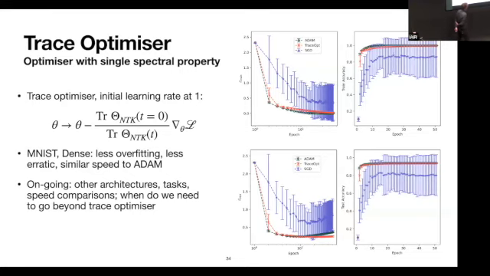So this is again MNIST on some dense network. And what we see is interesting performance in comparison to normal SGD and in comparison to Adam. Adam is shown in green on these plots, and our trace optimizer is shown in red. As you can see here at the bottom, that's a test loss that we look at, and this is averaged over lots of networks. That's what your error bars are giving you.